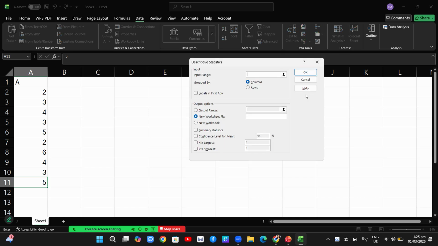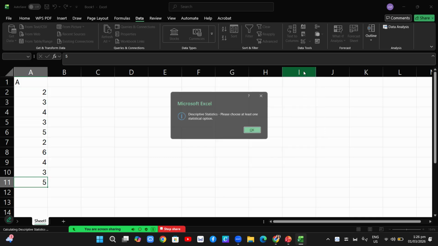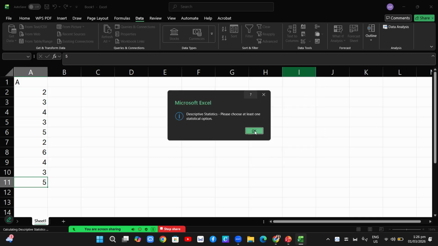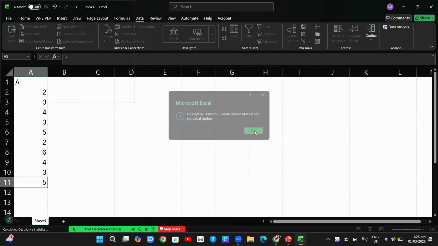So you will input the range. Again, we will click this and then highlight, press shift and then arrow down. After that, you will click OK. Please choose at least one statistical option.